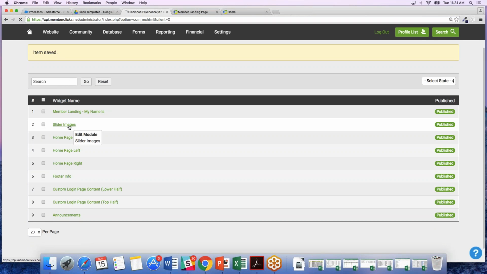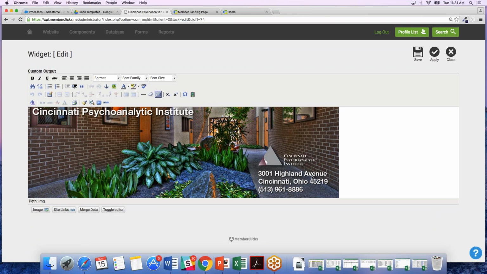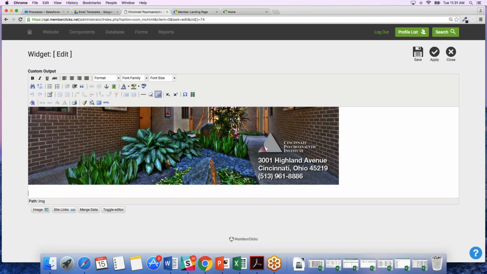Then we have your slider images. So those are those images that are sliding right across your screen. If we wanted to add an additional image, all you would have to do is come down to the next row, go into, you would have already saved that image in your Media Manager, you can go into your image folder,